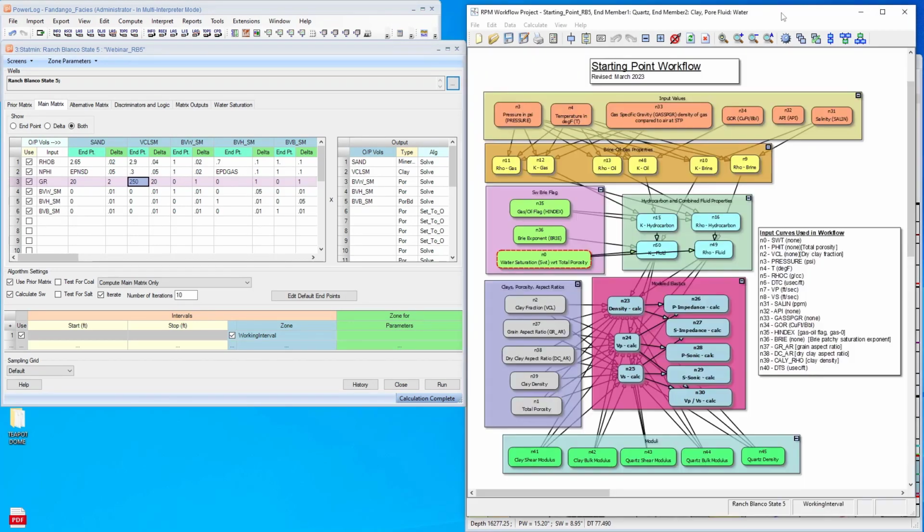So I've already built the model, and I've constructed a rock physics workflow. This is the starting point workflow, which actually is provided by PowerLog when you get PowerLog RPM. And I've included all of the curves I want to use, and I want to say that I've harmonized my rock physics model with my petrophysical model. My quartz density here matches, my clay density matches, and then all the inputs here are based on the outputs